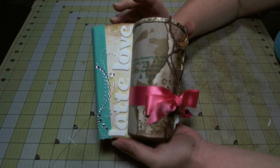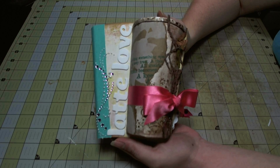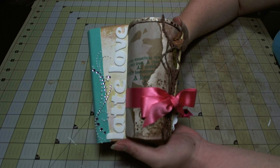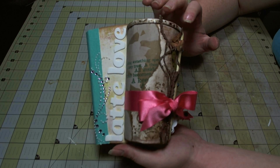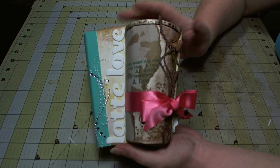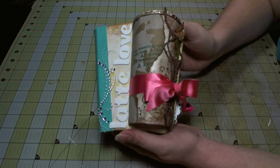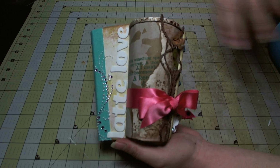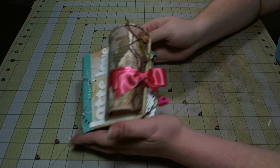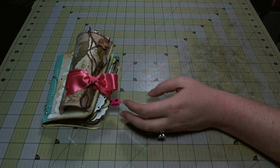I used a free digital template that I downloaded from Two Peas in a Bucket that was designed by Wilna, and it's a coffee cup mini album, and it's really cute and fun. And I just want to show you kind of how it works when you do the download, and then I'll show you what I did with the download. But when you download it, you get